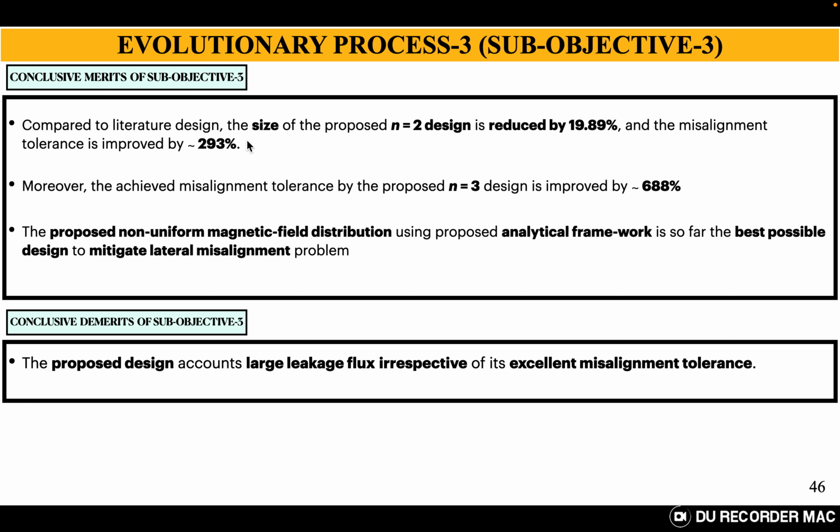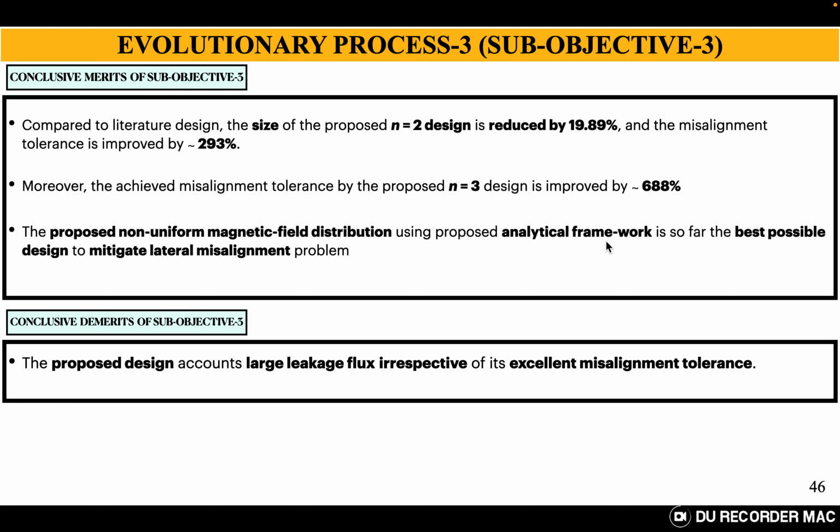So because of this non-uniform magnetic field strength, there are two advantages. One is reduced dimension, and the second is improved misalignment tolerance. Whereas for the n equal to 3 design, the misalignment tolerance is improved by 688%, which is very high. So the proposed non-uniform magnetic field distribution using the proposed analytical framework is so far the best possible design to mitigate